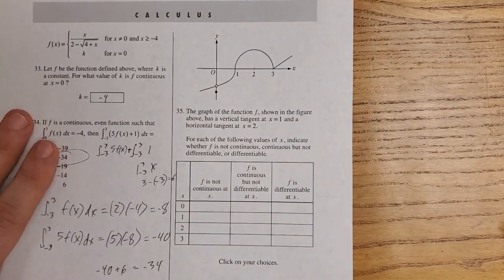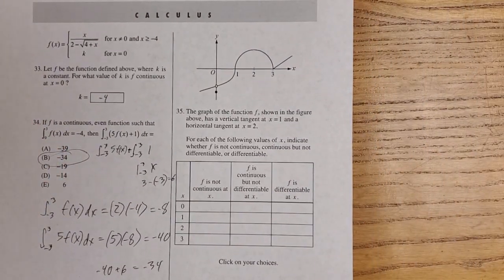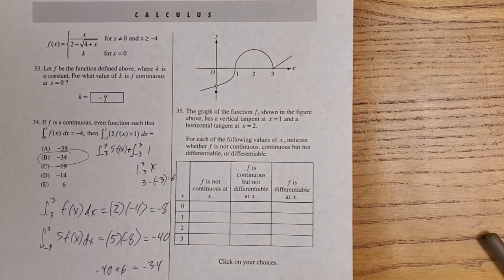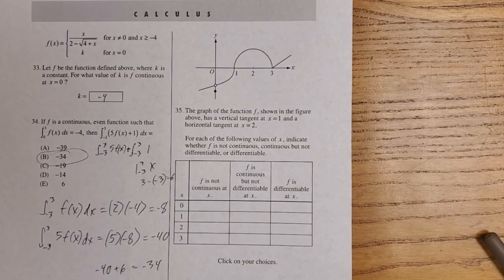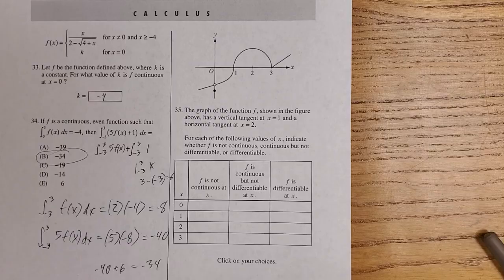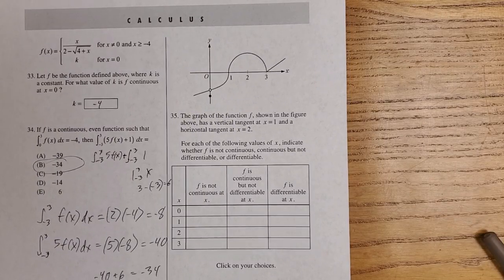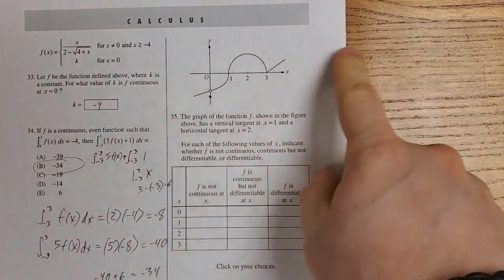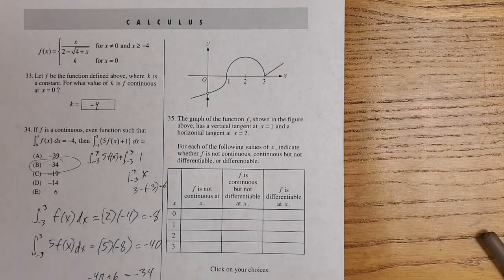And then we go over to number 35 really quick here. The graph of the function f is shown in the figure, and it's one of these messy kind of functions that is really just several other functions chopped together. There's no mathematical formula that'll give you something like this. They're just drawing a picture and saying this is what the function looks like,